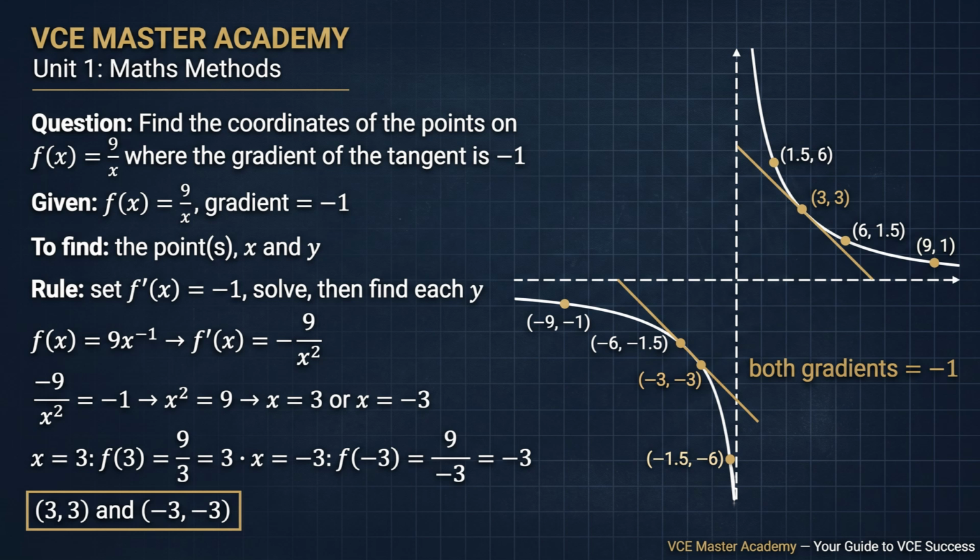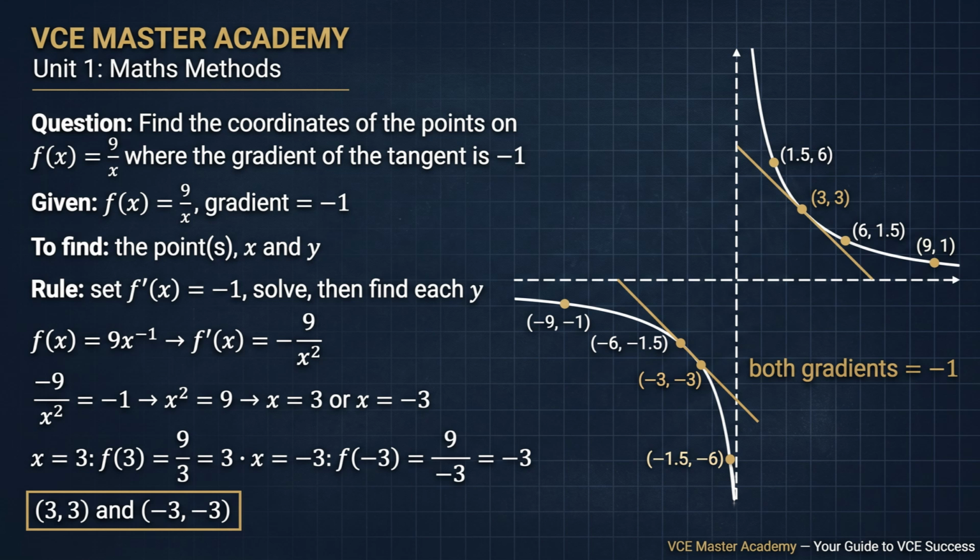Now the 8R level question, and notice the flip. Last board they gave us the x and asked for the gradient. Now they hand us the gradient, negative 1, and ask, where on the curve does that happen? Same curve family, reversed direction. And they want coordinates. That word means x and y, both. Half the marks live inside it. The plan. Build the derivative, set it equal to negative 1, solve for x, then fetch each y from the